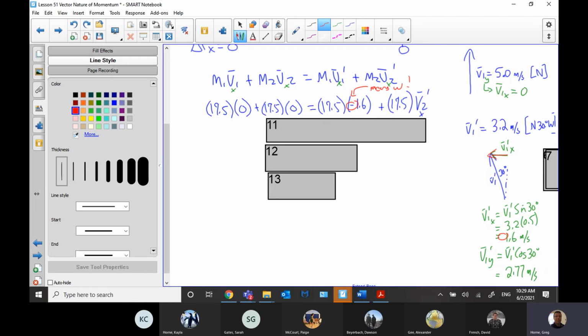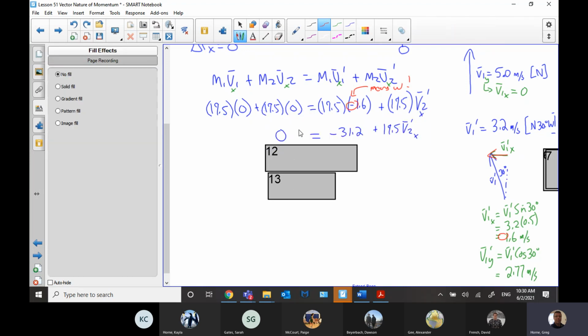So we have to put that in at that stage of the game. It doesn't really make sense to put it in down here. Mathematically, down here, the negative's not coming from the sign of 30 or anything. It's coming from the idea that we're recognizing that it's to the west, and we need it to be west relative to the other numbers. Because these ones were east, right? Even though they're all zeros, of course. So we have a big old 0 on the one side. We have the result of that multiplied. We're just going to add 31.2 to both sides and divide to solve for v2 prime.